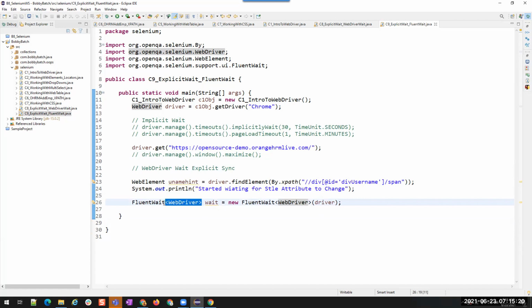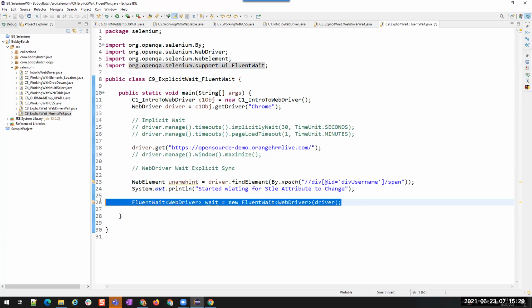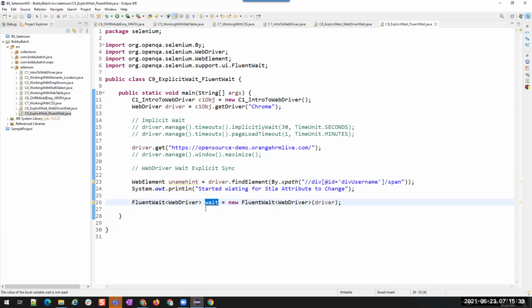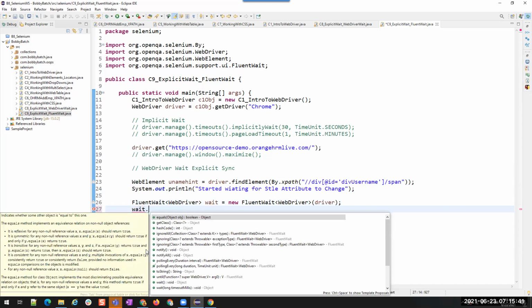Actually, this was not there in older versions. You can directly mention Fluent, but since this is throwing warnings, I'm adding this. This is how we create a Fluent Wait object. It will have the same expected conditions and all those things, but we have some extra things.